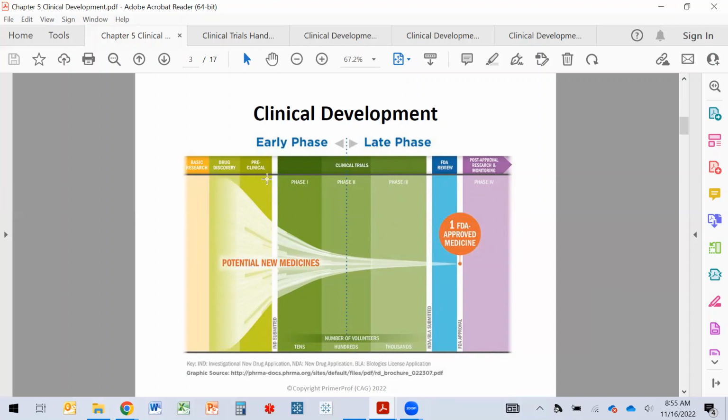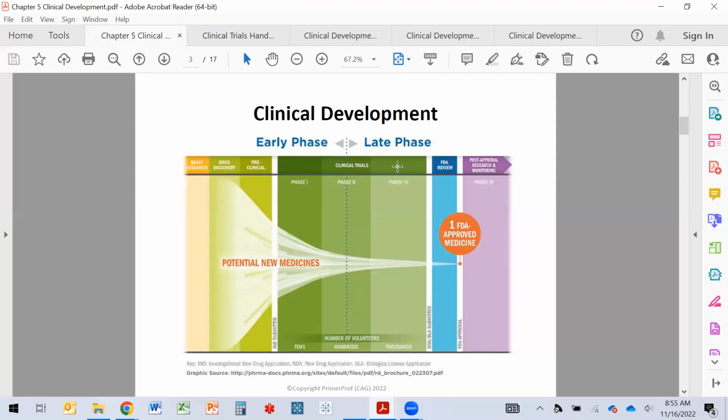Preclinical means large animal models. So, in drug discovery, you'll probably do work on mice and rats. Preclinical means larger animals, anywhere from dogs to monkeys. And then you will submit an IND, an investigational new drug, with the FDA that allows you to go